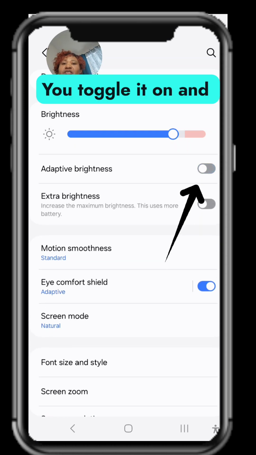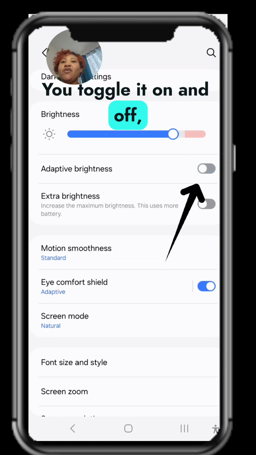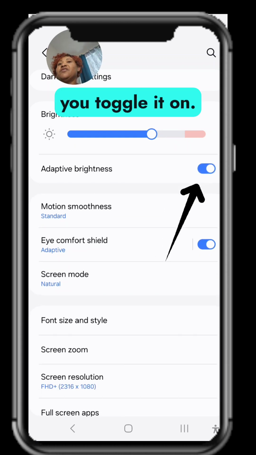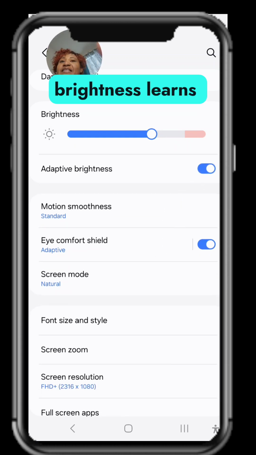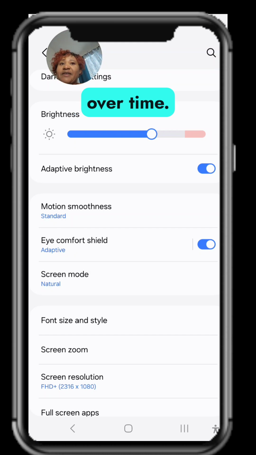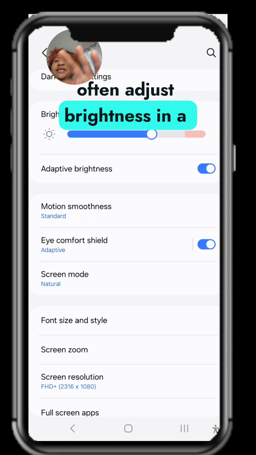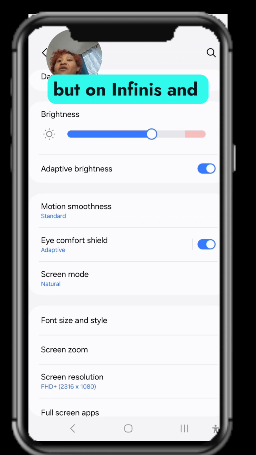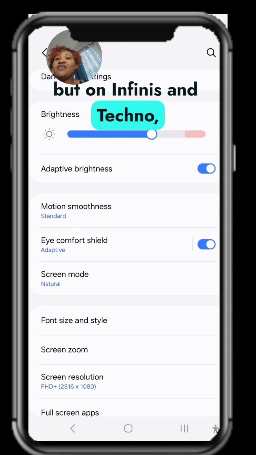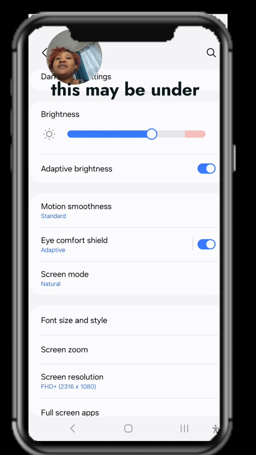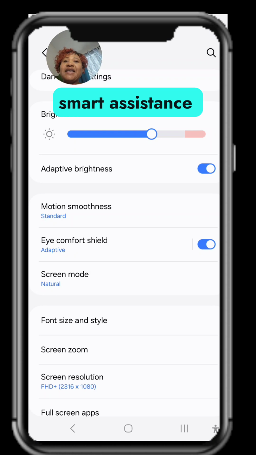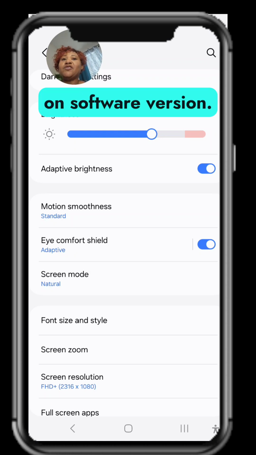You toggle it on. If it was off before, you toggle it on. Adaptive brightness learns your preferences over time. If you often adjust brightness in a specific environment, it starts doing it for you. On Infinix and Tecno, this may be under display and brightness or smart assistance, depending on software